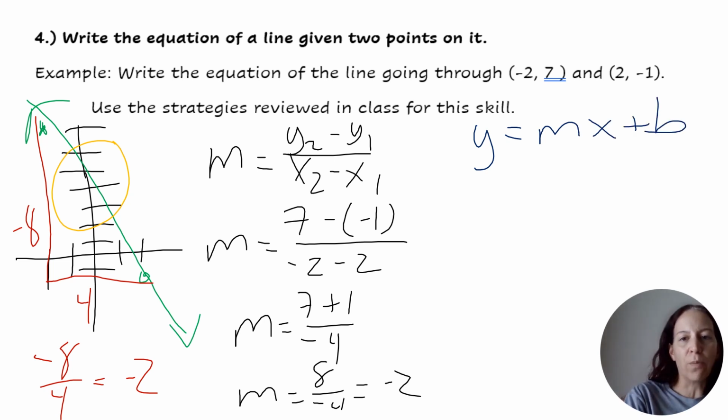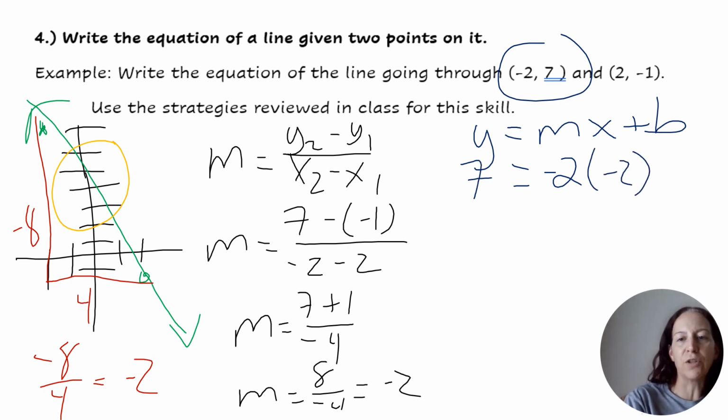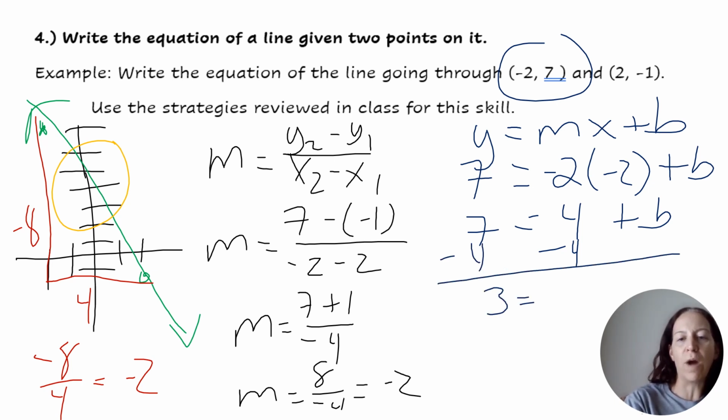I've got my slope, okay? So my slope is -2. What I'm going to do is borrow one of these points. I guess I'll go with that one. I'm going to borrow the y is 7 and the x is -2. -2 times -2 is 4. And then I'm going to subtract 4 from both sides, and I'm going to get the y-intercept is equal to